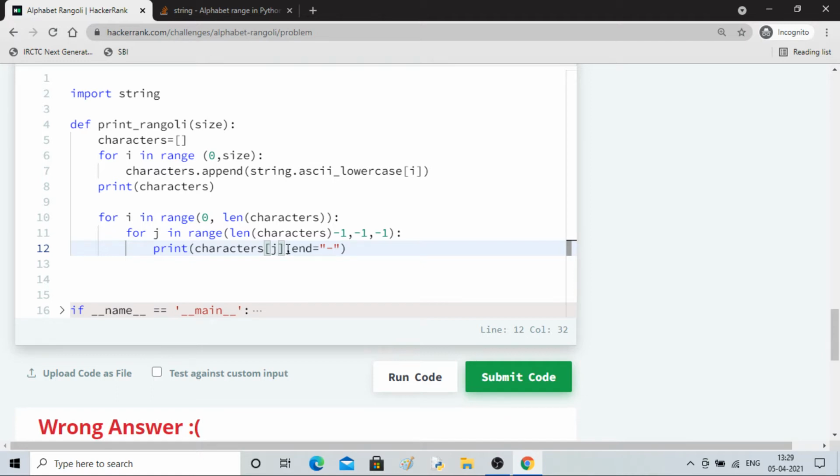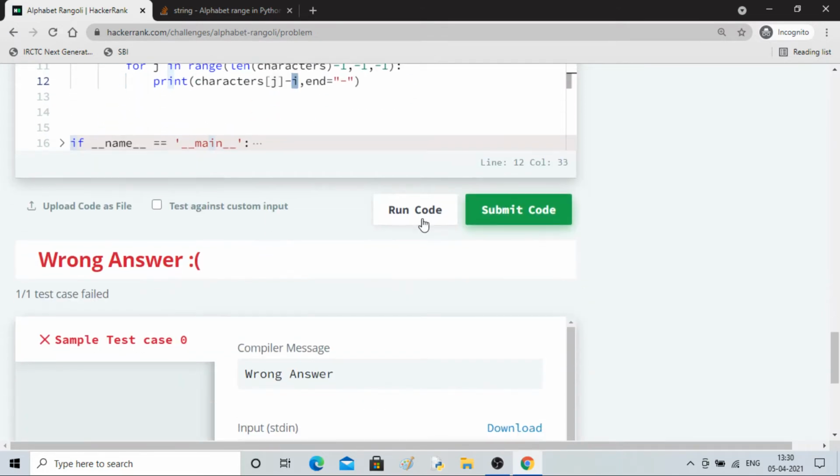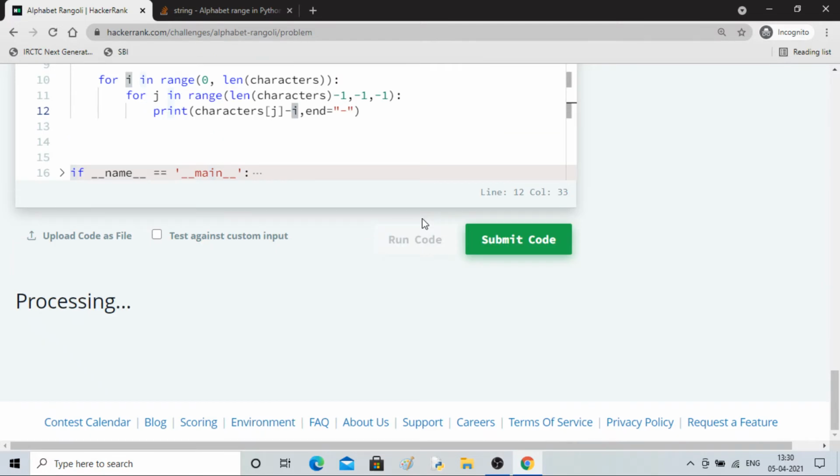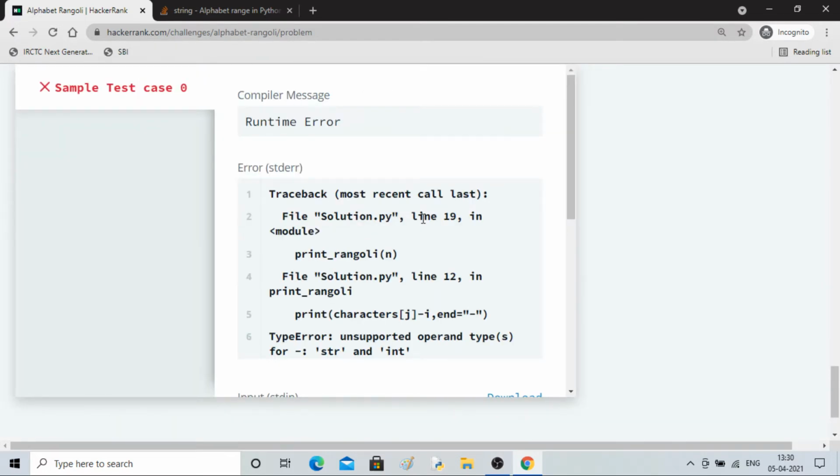So length of characters minus I, if I do that, then it should take the value and do minus 0, so it will keep on printing. Now if I go to 1, this will print from D. str and int.